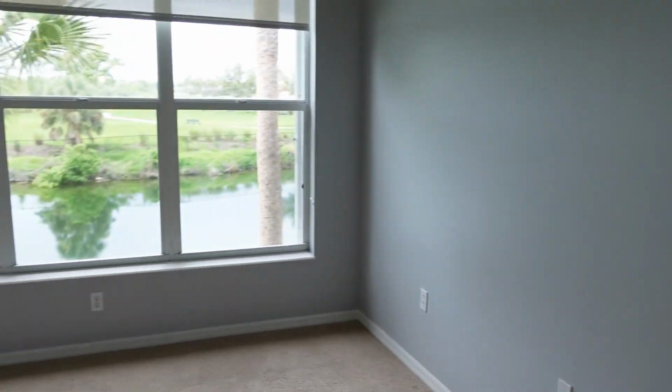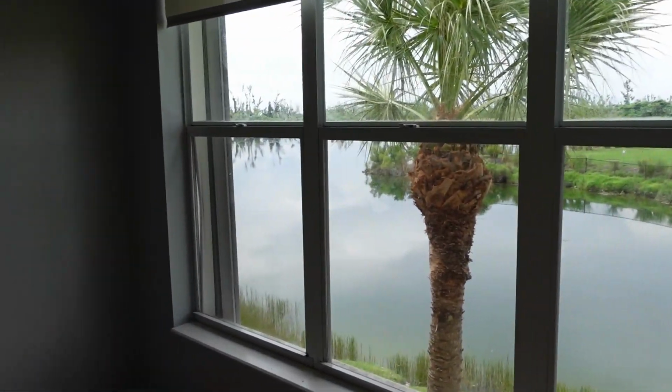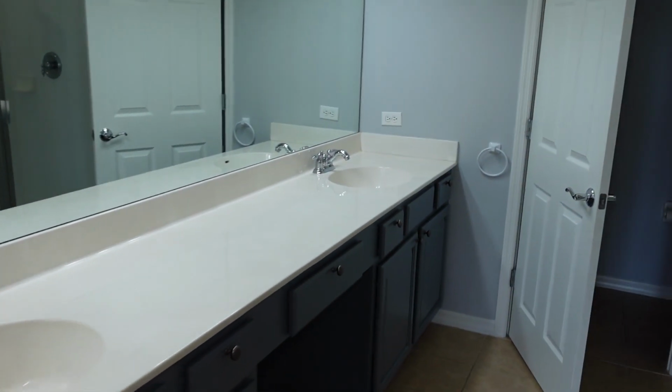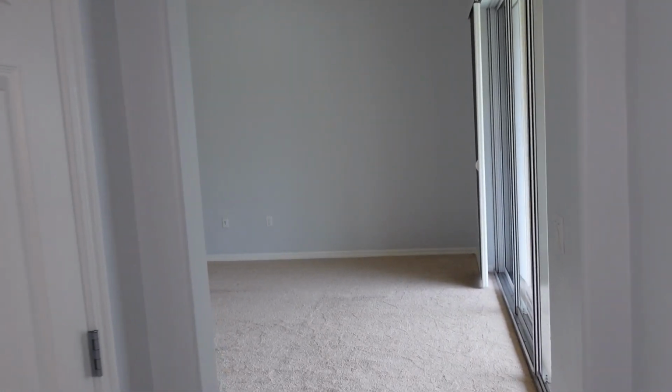This big master has that same view of the lake. Wake up to this every morning. And these condos right now, see there's just a shower, walk-in closet, pretty decent sized, and little vanities. Anyway, these condos are right now in the 300s, and